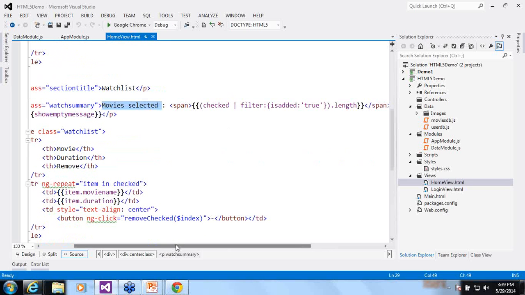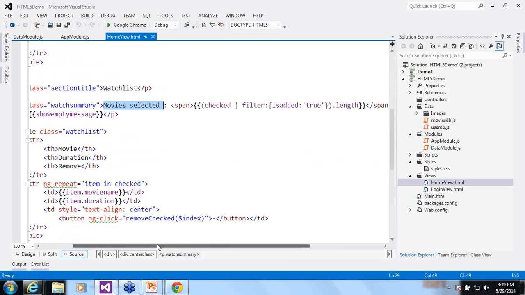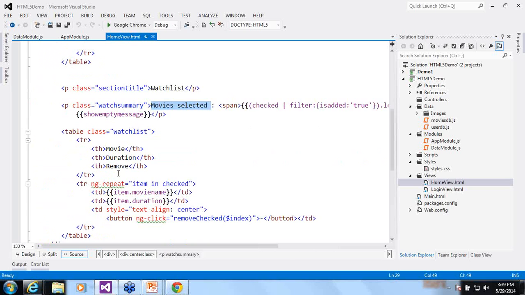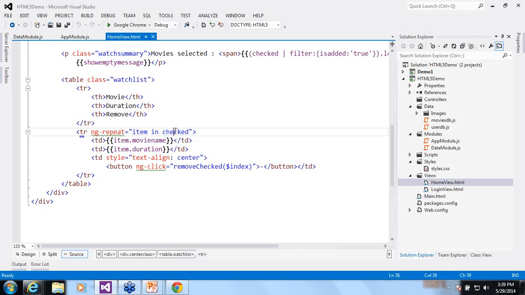How? If you see the below code, I have another table which is bound to the checked object. Now the checked object was an empty array initially, but once we add items from the movie object into the checked object, the checked array gets filled up. So all the items are seen here: movie name, duration, and remove checked.